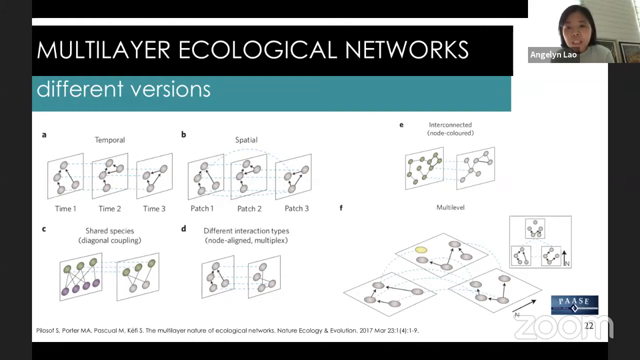However, the species in one layer may affect or interact with the other species in the other layer. Okay, so this is interconnected. And then lastly, you can also represent the multi-layer